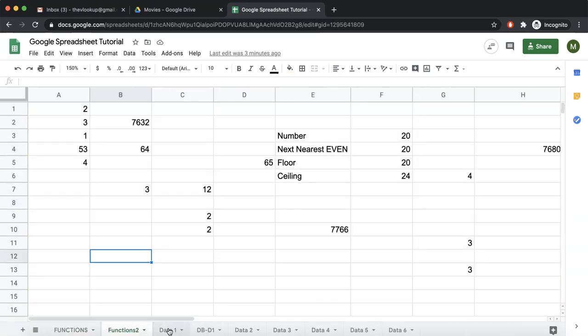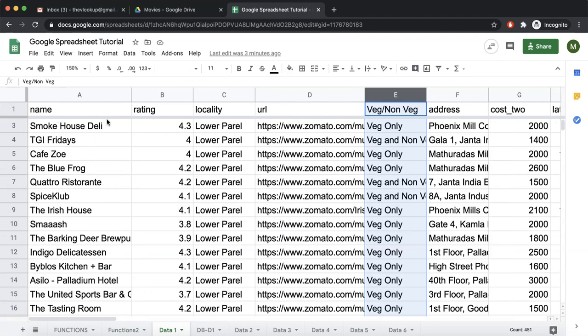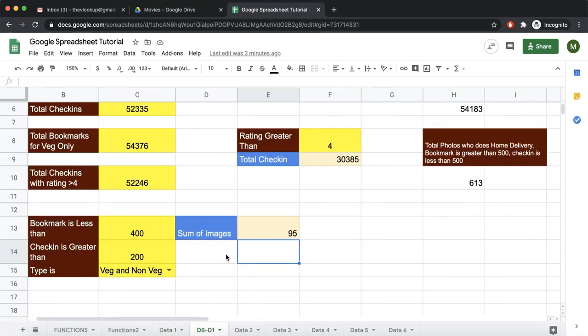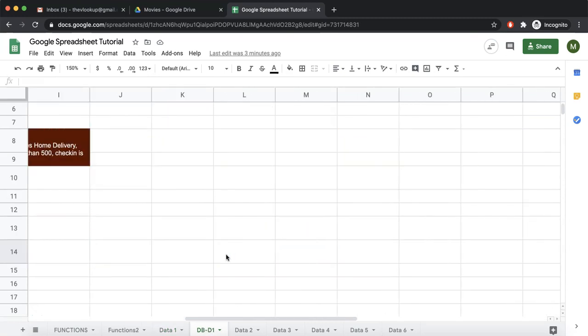In this one, we want to know what is the total number of restaurants. So, let us move this side and start from here. Total number of restaurants.